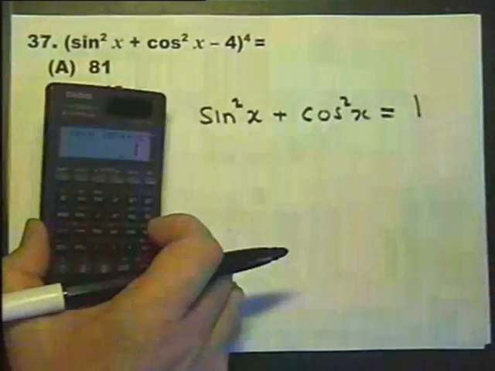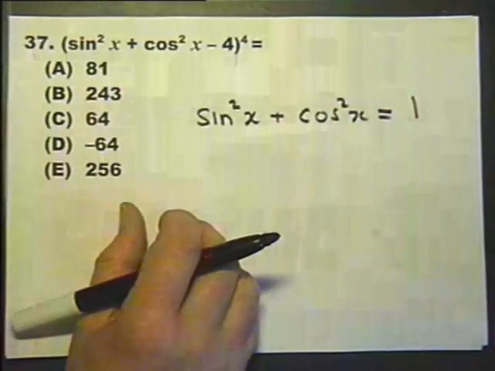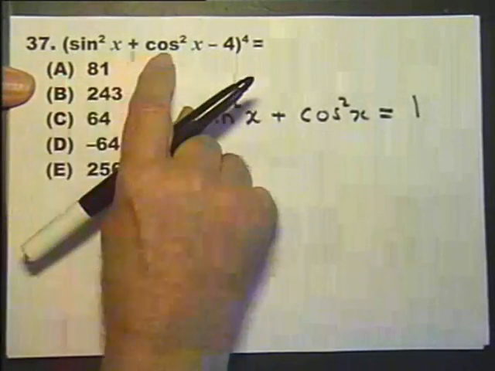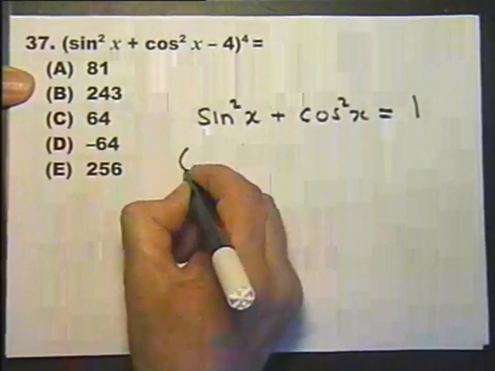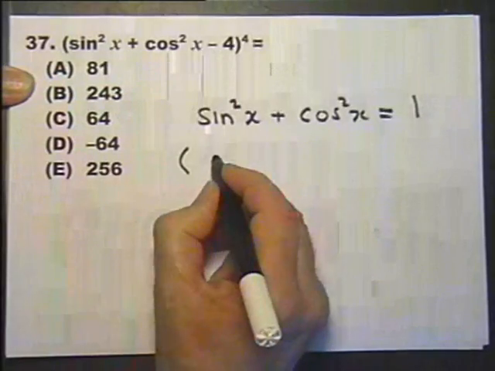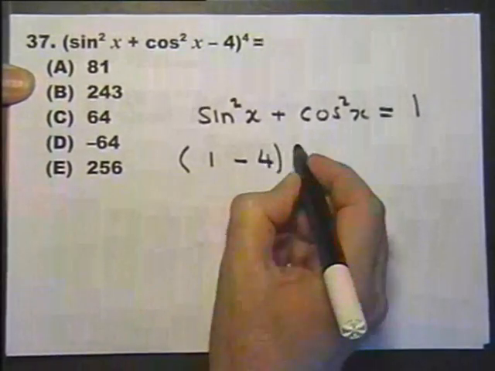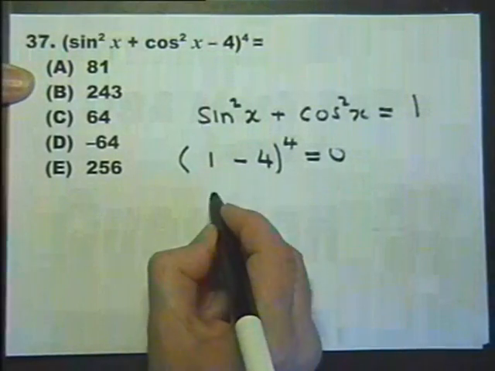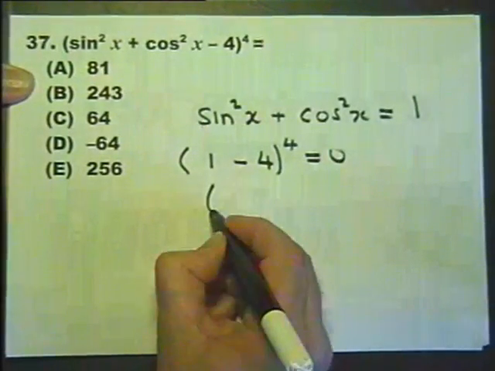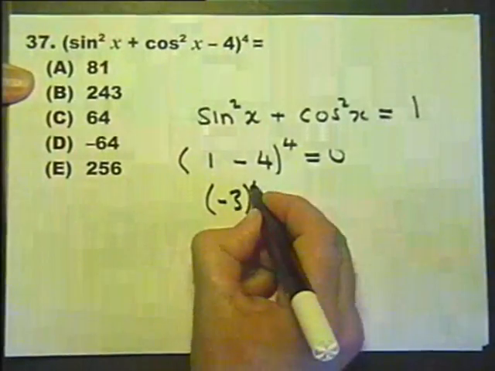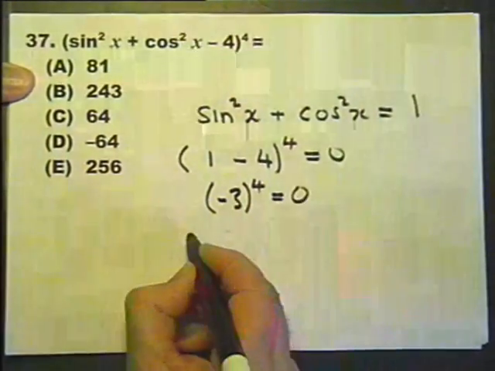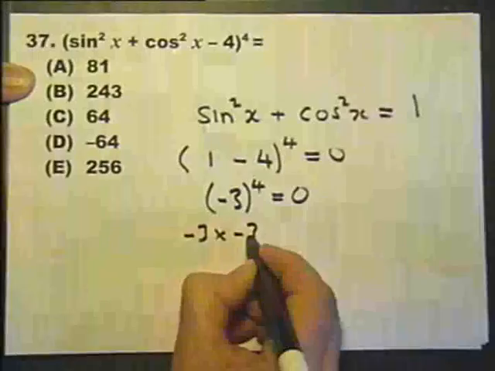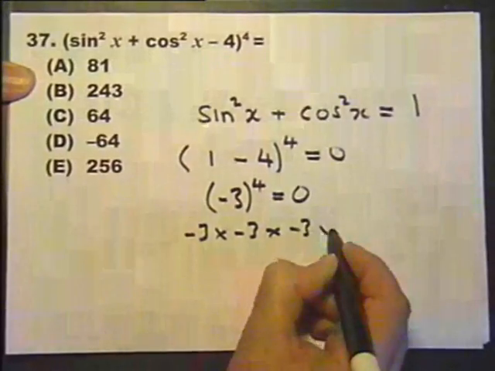Let's pretend I didn't make a mistake with the calculator and not tell anybody. So instead of that, we can now write down that 1 minus 4 raised to the power 4 equals. So what's 1 minus 4? That's minus 3, isn't it? So in other words, we've got minus 3 times minus 3 times minus 3 times minus 3, which you can